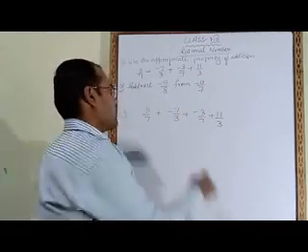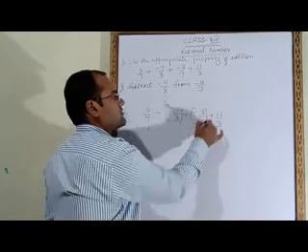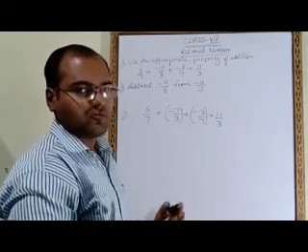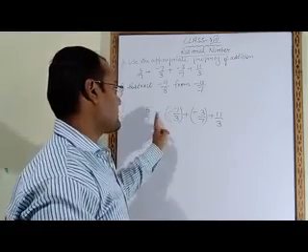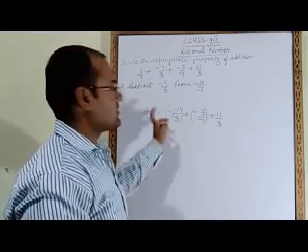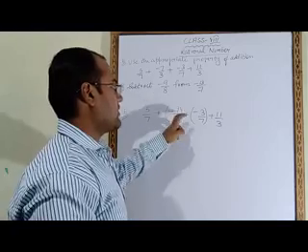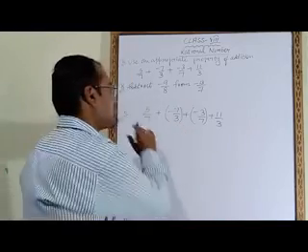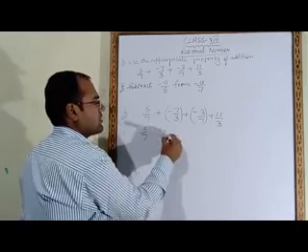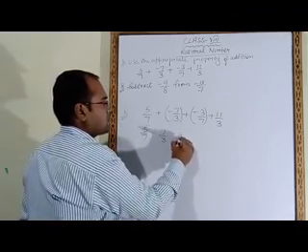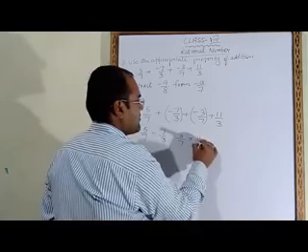You have to take bracket here only. This is a simple question, nothing much to do. First of all you have to take bracket here because double signs are coming. Here it is plus and also minus. So in order to separate these two signs, we will take bracket here and here. Now we will open this bracket. 5 upon 7 plus minus minus 7 upon 3 plus minus minus 3 upon 7 plus 11 upon 3.